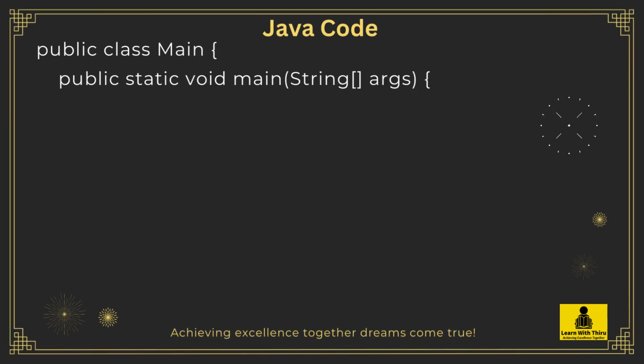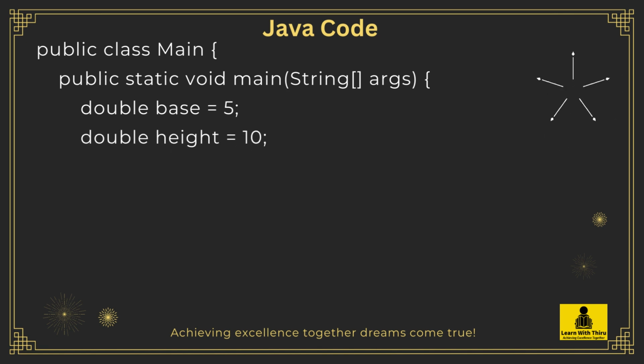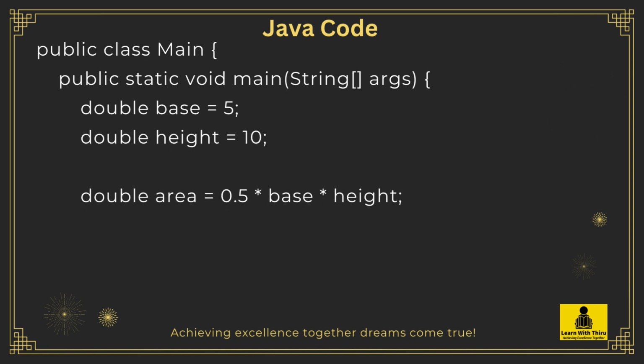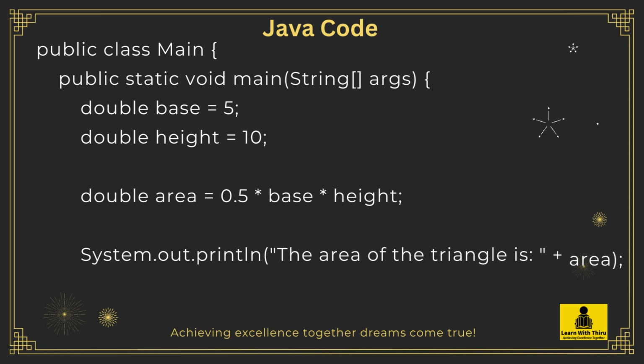Java code. public class Main. public static void main(String[] args). double base = 5; double height = 10; double area = 0.5 * base * height; System.out.println("The area of the triangle is " + area);